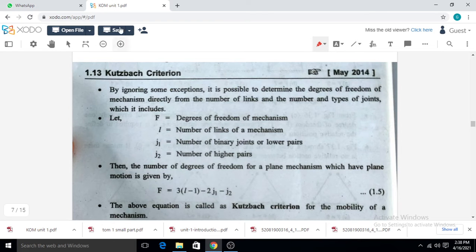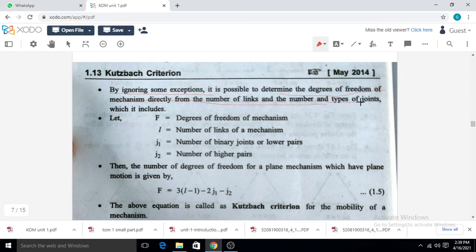Hello student. Now in today's session we will discuss the Kutzbach criteria. By ignoring some exceptions, it is possible to determine the degree of freedom of a mechanism directly from the number of links and types of joints. In the last session we discussed what degree of freedom is and